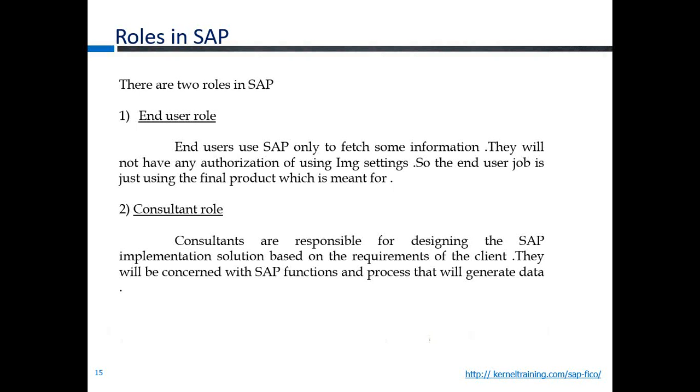And coming to the consultant role, they are primarily responsible for designing SAP. Mainly, a consultant sits with the end users and understands the business process, because each and every client may vary in their process. Say one company can follow a particular process, and another company may follow a different process. The ultimate aim of the consultant is to meet the requirements of the client. So they want to understand what is what, how it has to be done, and how the settings are to be done in SAP.